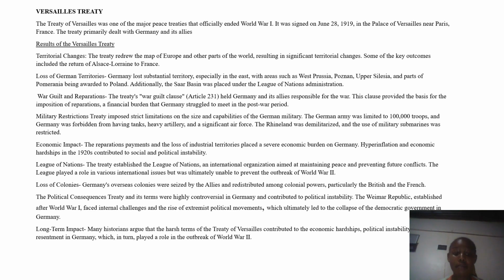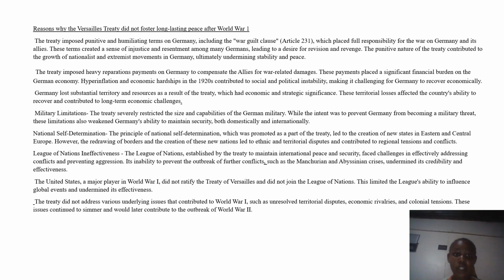Then the long-term impact. Many historians argue that the harsh terms of the Treaty of Versailles contributed to economic hardships and political instability in Germany, which resulted in World War II. Then the reasons why the Versailles Treaty did not last long. The treaty imposed punitive and humiliating terms on Germany. The treaty also imposed heavy reparation payments on Germany, which led to economic instability and also political